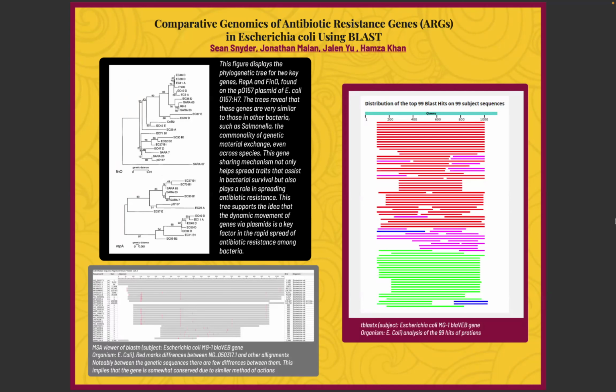And by using TBLASTN with the same sequence and target, it shows that there is a high level of conservation between the proteins. And now I'm going to go to